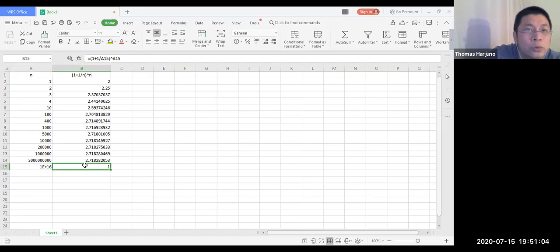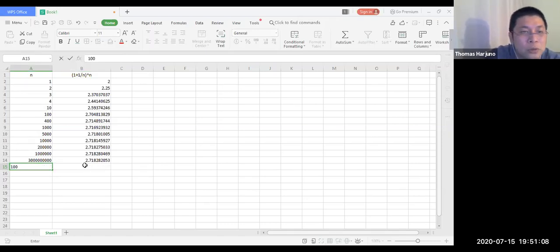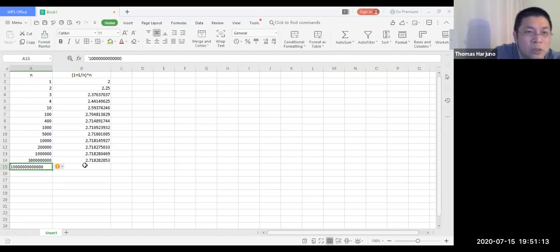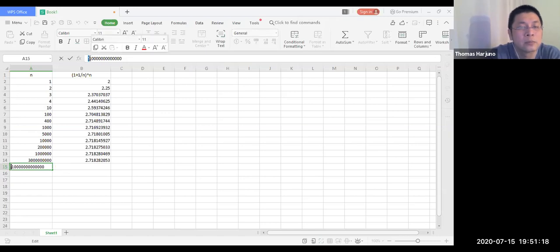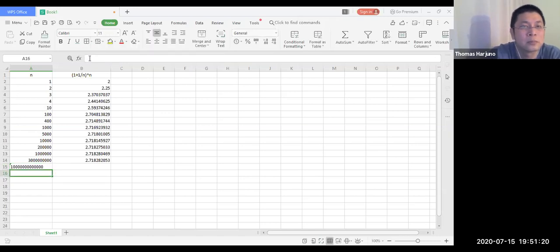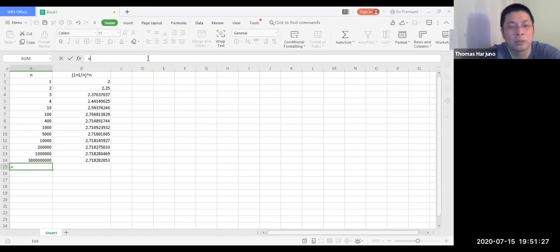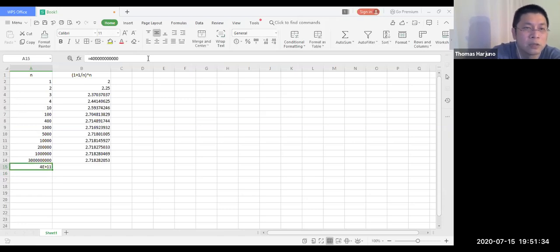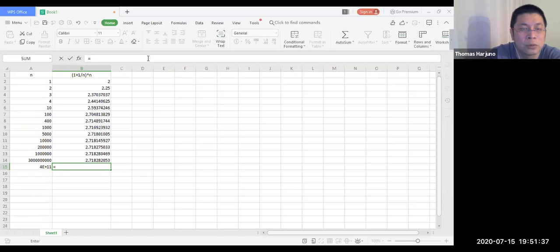It's not supposed to. Let me make it not too big first. The computer cannot handle it. I need to use an equal sign of 1. Make it 400 billion. So this is equal to